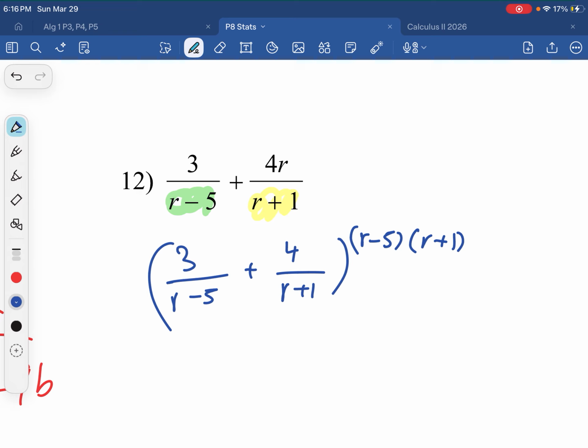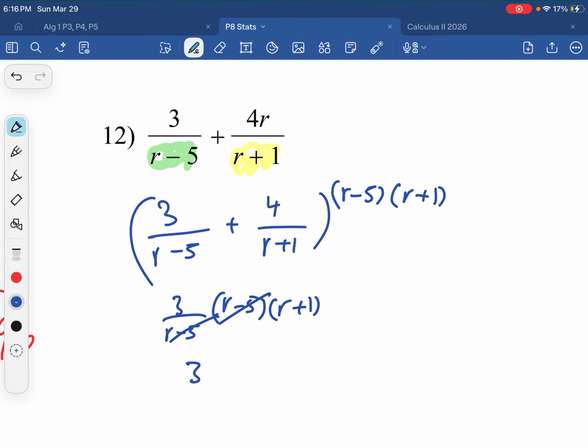If I multiply 3 over r minus 5 times, or actually I'll write it, 3 r minus 5 times r plus 1, these cancel and I get 3 times,